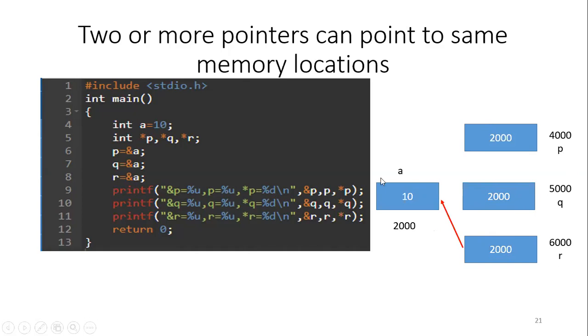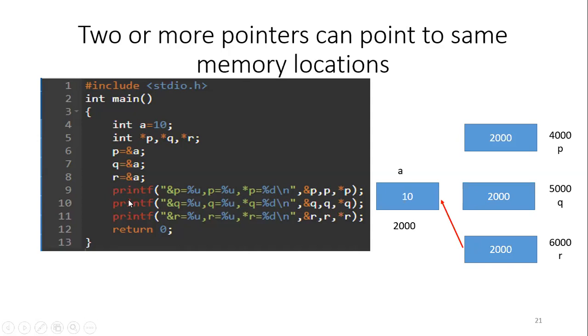to the same data variable, that is the same memory location. This is also possible. But in this case, when you do any updation in this particular data variable, it will be reflected when you are accessing through other pointers also. We will see this with the help of a program later.